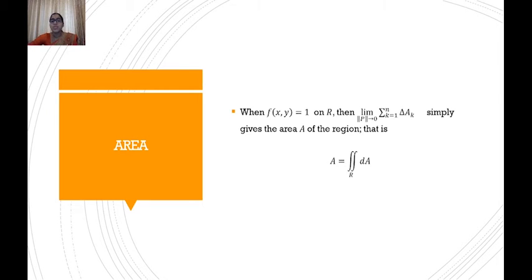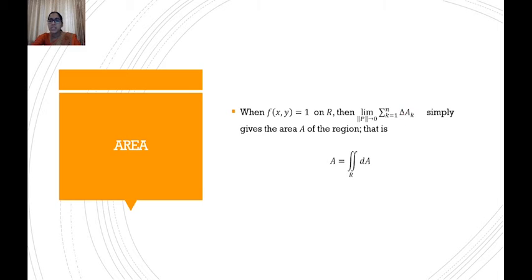Next we will move on to the definition of area. It is just simple. If we consider the function f of x,y to be 1 everywhere, for every x and y, if f of x,y is a constant function equal to 1, then what will the double integral formula be? The double integral will be double integral of 1 instead of f of x,y, right? Also, in this summation, it will be the limit as norm P tends to 0 of the summation k equal to 1 to n of delta A_k. There is no other function value because it is 1.